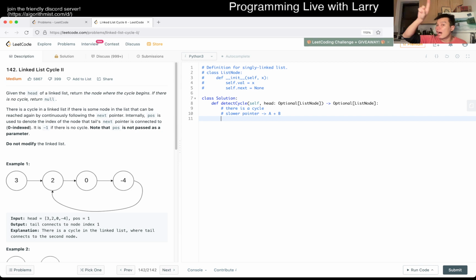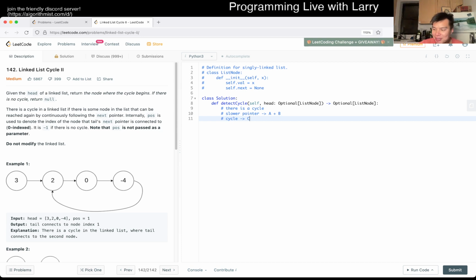the slow pointer will not make one full cycle through because, like I said, no matter where the fast pointer is, let's say the length of the cycle is equal to C, and the fast pointer is one space ahead, or C minus one spaces behind, if you want to put it that way. That means it will take C minus one iterations to catch up, and the slow pointer would only move C minus one steps, so it would never make one full cycle. Just an observation.